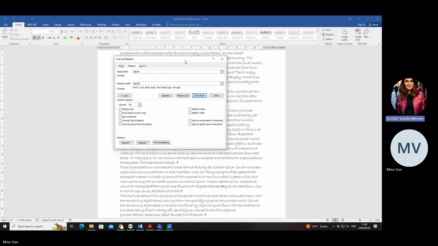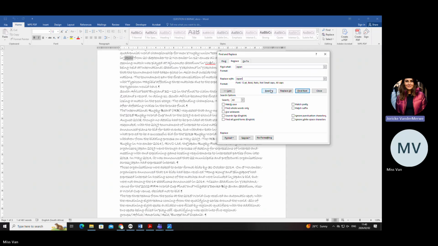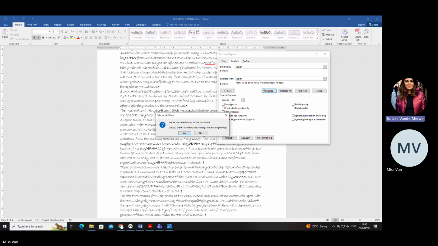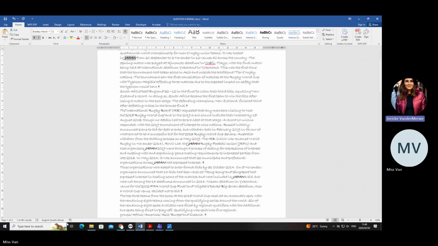And now you can do one of two things. You can say replace. And can you see how it replaces it there? And you can go and replace each one at its own. That is if they ask you to only do certain parts of your document, then you can replace one by one. Or you can go and just from the bottom say replace all, and then it will give you. If it gives you 0, you've done something wrong. Okay? And say yes, and you can say okay, and then you can close that, and Bob's your uncle. Can you see the Japans at the back that's been changed?